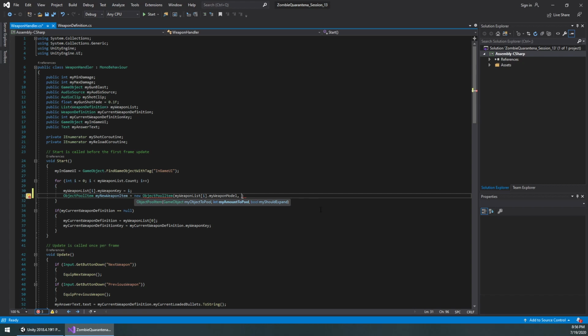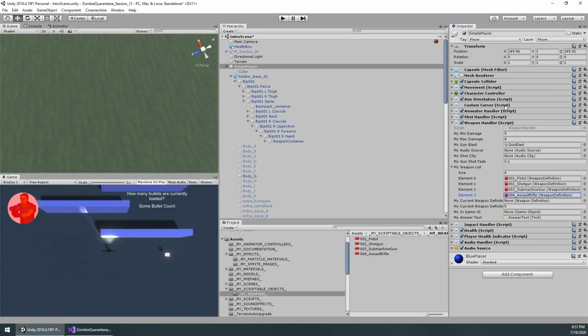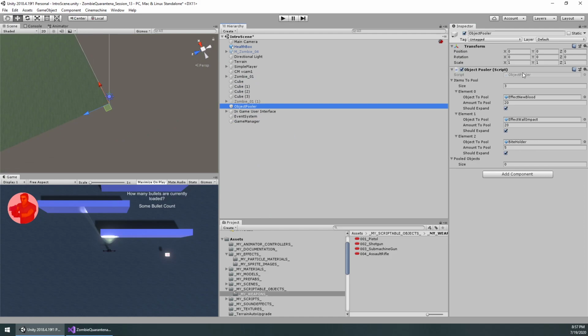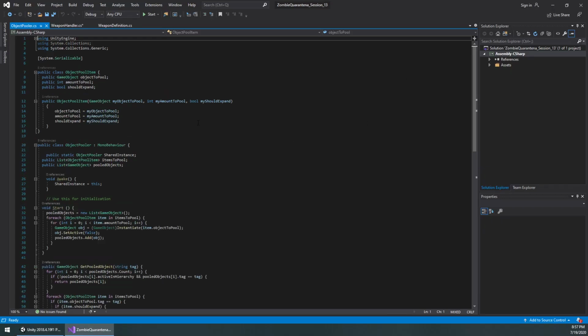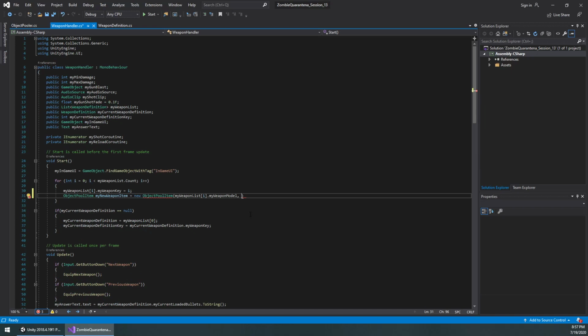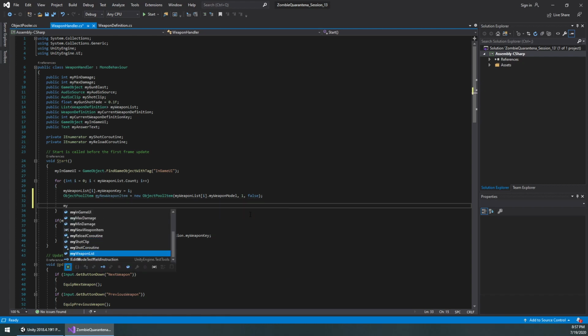And it says down here the 3 things you need to create an object pool item. And remember, that's what we set up over in the object pooler right here. We set the object to pool, then an integer, and then a boolean of whether or not it should expand. So go back here. Okay, so we want to make exactly one of these, and false, because we don't need to have in the player's hand more than one of any of these weapons at any given time. And then we're going to go to my object pooler dot items to add, but before we do that,